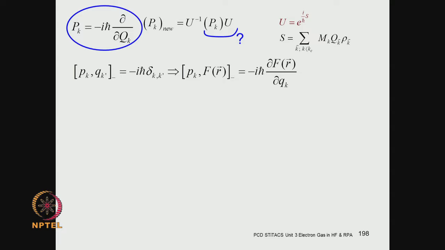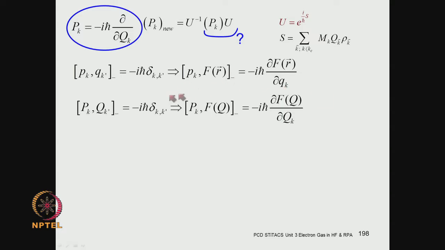So depending on which component you are considering, you will have the partial derivative of this operator with respect to qk. So this result is known from the first course in quantum mechanics, and now instead of the lowercase p and the lowercase q, we have the uppercase P and the uppercase Q operators. So we have exactly the same result,